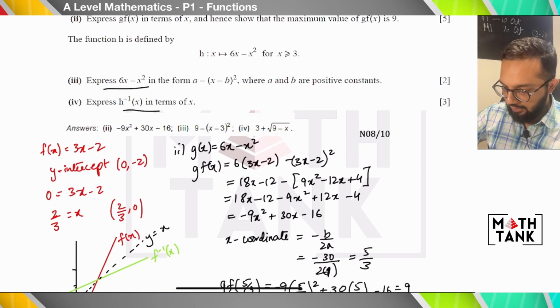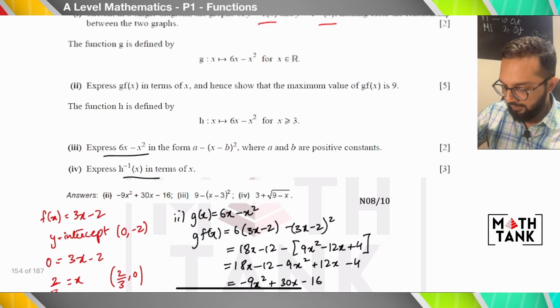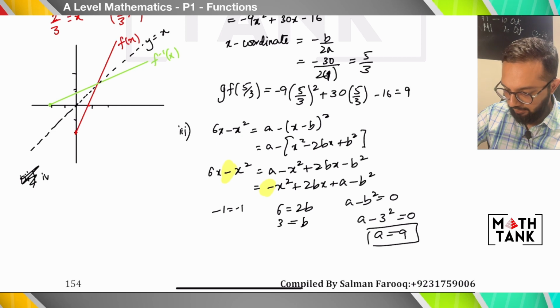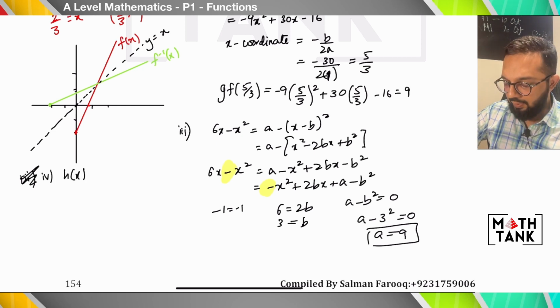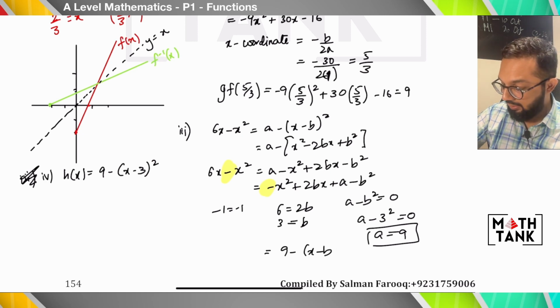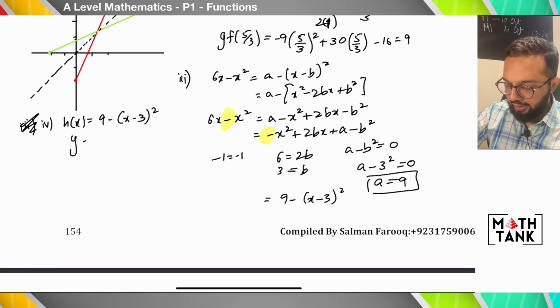Then it says express h inverse of x in terms of x. So I am going to start doing the inverse. So this is part 4 that I'm doing now. I know that the inverse of a quadratic will always start with the completed square form, which I just calculated. So this becomes 9 minus (x minus 3) whole squared. Then y equals 9 minus (x minus 3) whole squared. (x minus 3) whole squared equals 9 minus y, and x minus 3 equals the root,